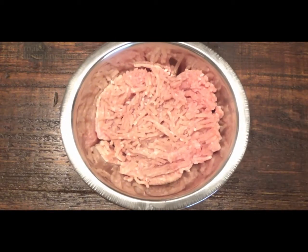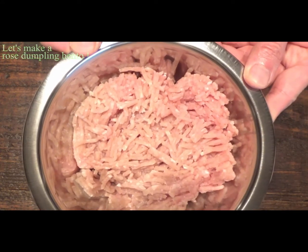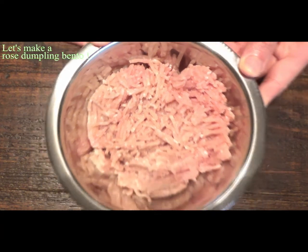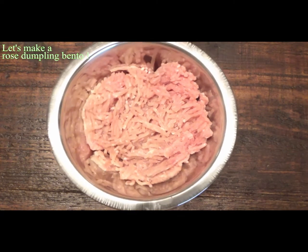First, prepare the minced meat. Normally, I think I use minced pork, but there are also taste issues, so cheap minced chicken is fine. This time, I will use minced chicken. Put minced meat in a bowl and add seasoning,